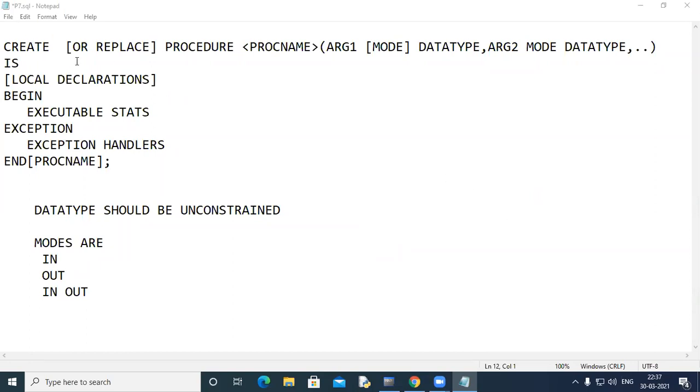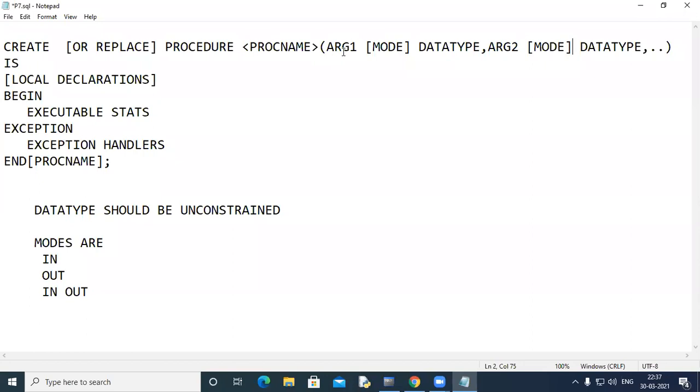So this create or replace option is that if you have created a procedure and you want to overwrite it, you can use this create or replace procedure. If a procedure with that name exists, it would be overwritten. And the arguments: a procedure can have arguments. You must give the data type of the arguments, and you can also specify something known as a mode of the argument, which I'll discuss in my next class, not today. You can have as many arguments as you wish in a procedure, or a procedure may not have an argument at all. If there is no argument in the procedure, then there is no need to write the parentheses either.